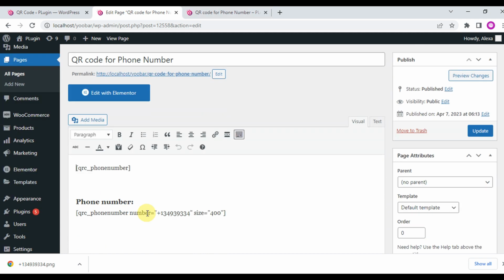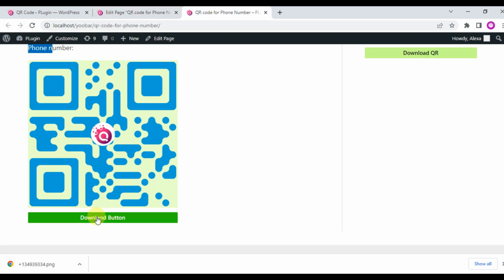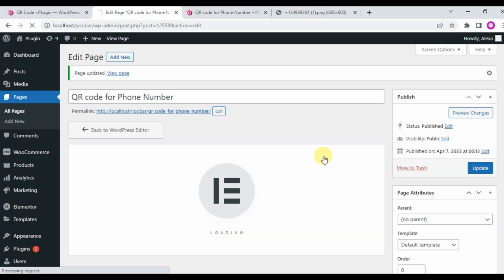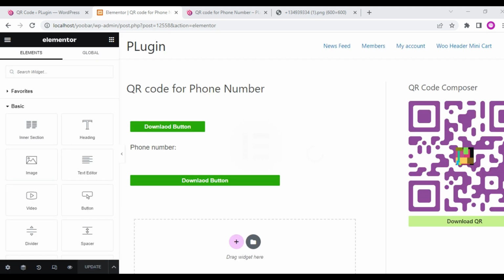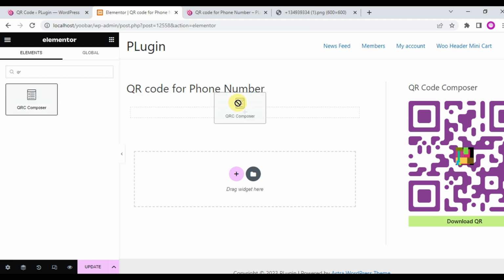Okay, that's it. You can create more phone number QR codes with the shortcode attribute. You can also create a QR code for phone number with the element or add-on. This plugin has a built-in add-on, QRC Composer, as you know. Search QRC Composer, drag and drop,